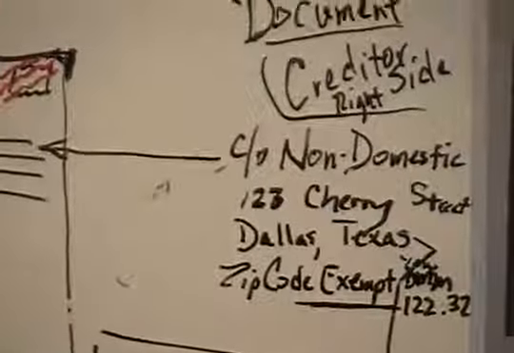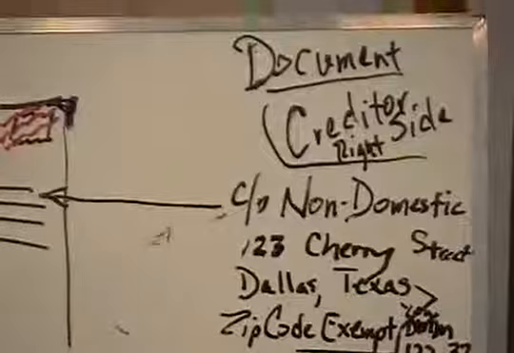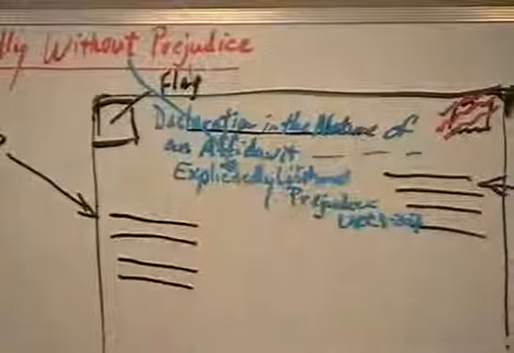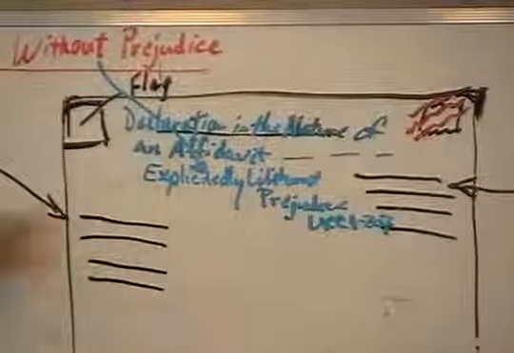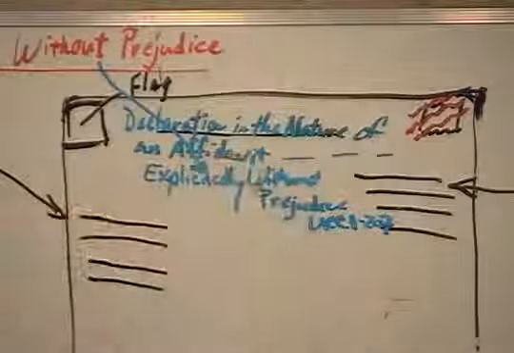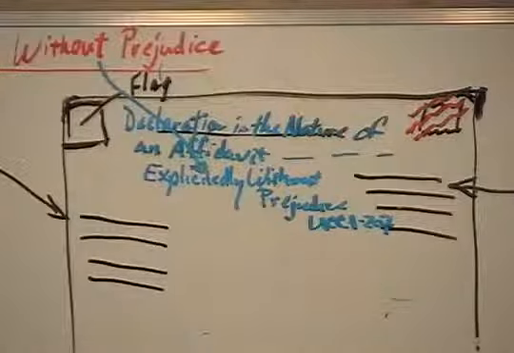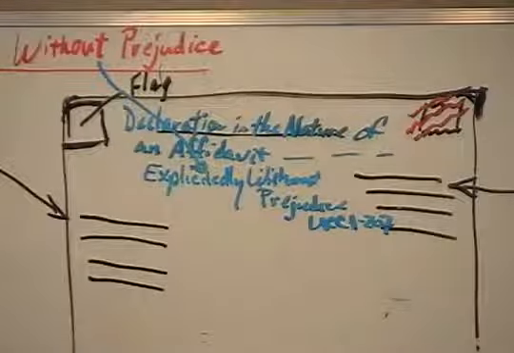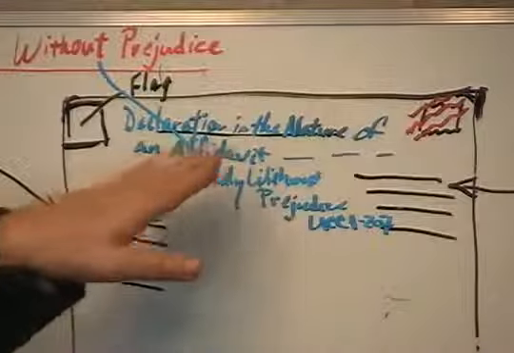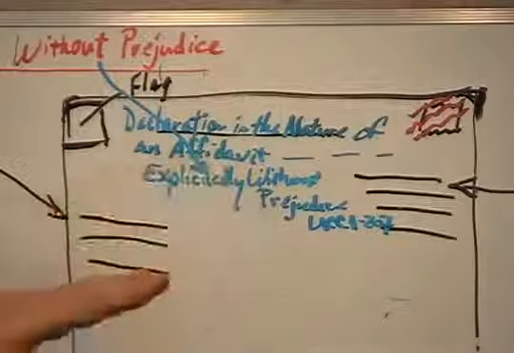So, okay, I'm trying to get through this document here, and when we title something, you notice here, I don't know if you can read this, it says declaration in the nature of an affidavit. Why don't we say affidavit alone? Sovereigns declare. Why do we put it in the nature of an affidavit? So that the fictions can understand it. So we're putting it in a form of their language, our language, that they can understand.